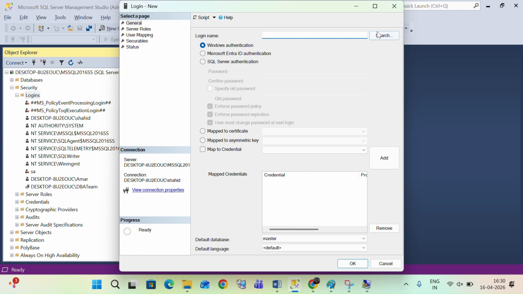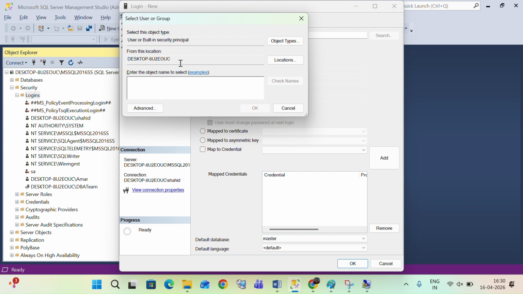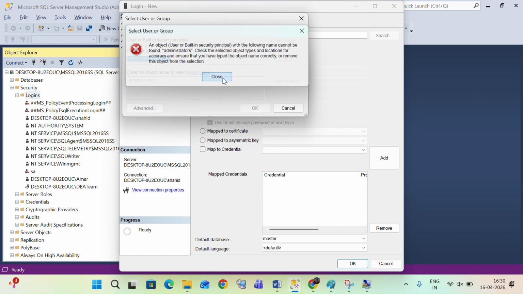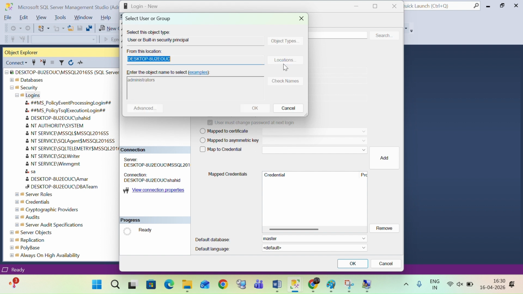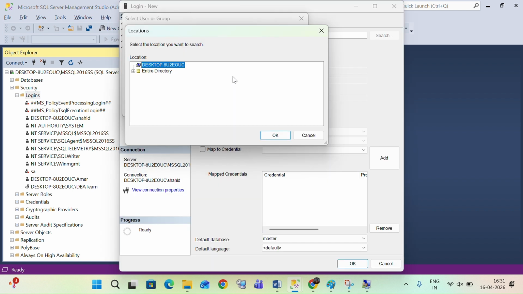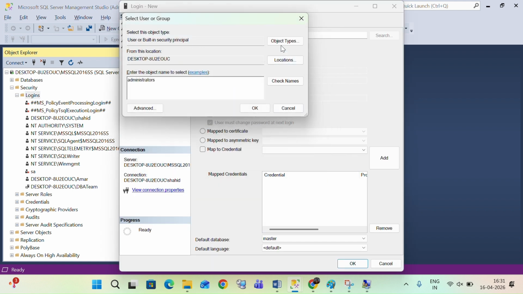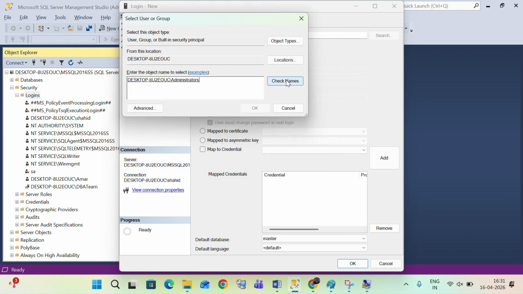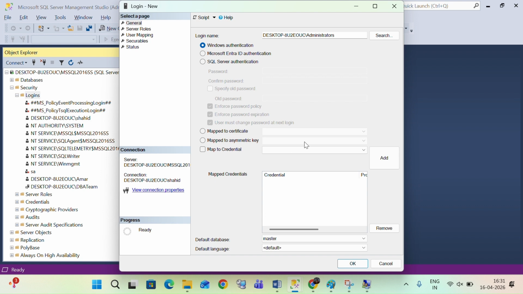Here you can search again for that and click on administrators, locations, object types, groups. Now I will be checking names. I got the built-in administrator, so I will be clicking OK. Now Amar is